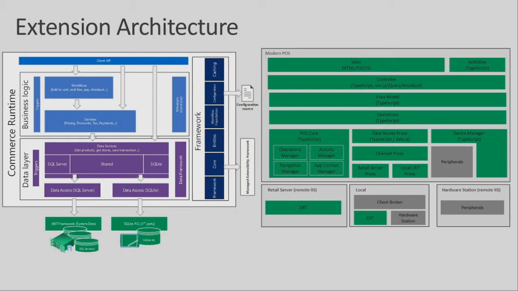Because this client broker is the one that decides, in case of offline, how you will talk to the CRT. So you will not be able to customize these. And also it's platform specific and you will not be able to customize it. All the peripherals are also platform specific, because how you connect to hardware in iOS is different than how you connect in Windows, right? Because they have different APIs. So you need to change the logic a little bit. That's why I put them in a different color. Okay.